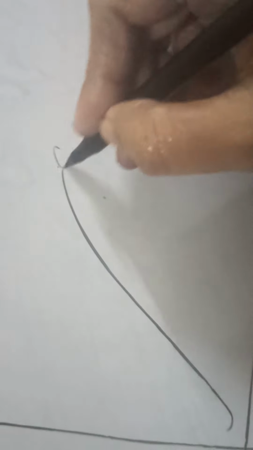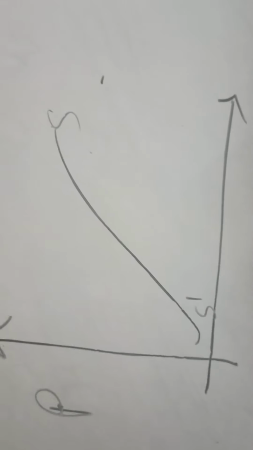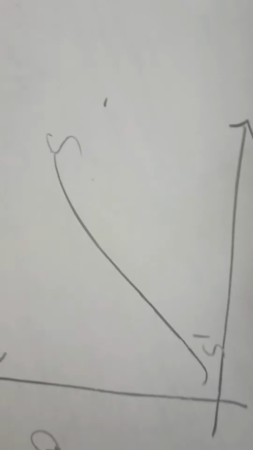So we will discuss today the supply function. Okay, so we will plot a supply curve over here first, and then we will be discussing. This is our supply curve SS1, and on this axis we have put price, and on this axis we have put quantity supplied QS.